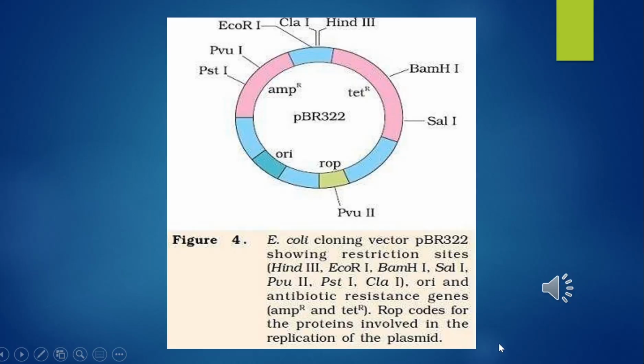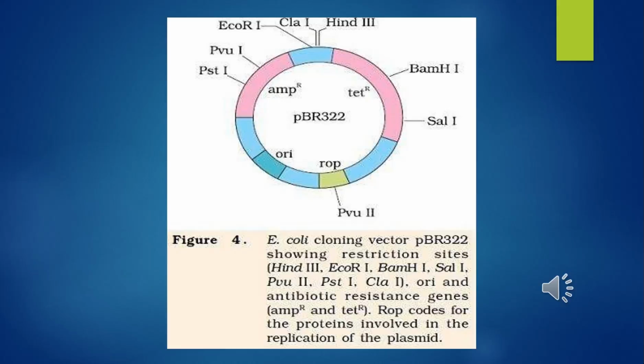In the previous slide, I told you about vectors. Plasmid vectors were discovered by William Hayes and Lederberg in 1952. As I have already told you, these are extra chromosomal self-replicating, usually circular double-stranded DNA molecules found mainly in bacteria, and some are also present in yeast. The plasmid molecules may be present as 1 or 2 copies or in multiple copies, 500 to 700, inside the host organism. These naturally occurring plasmids have been modified to serve as vectors in the laboratory.